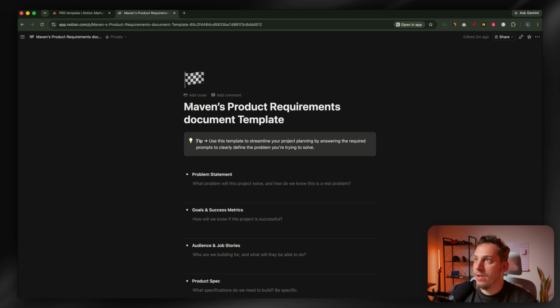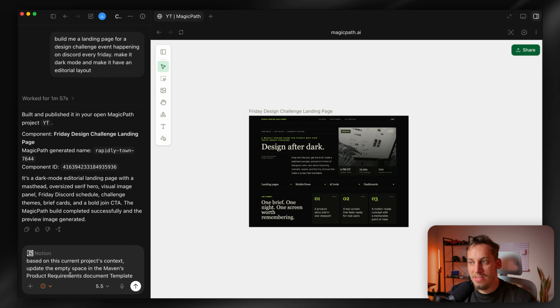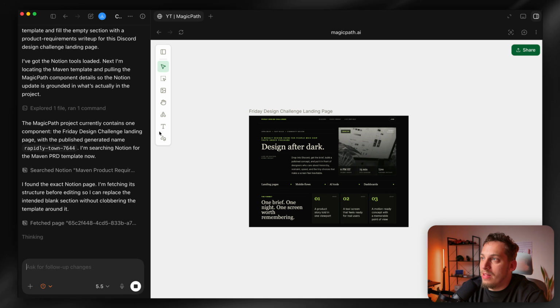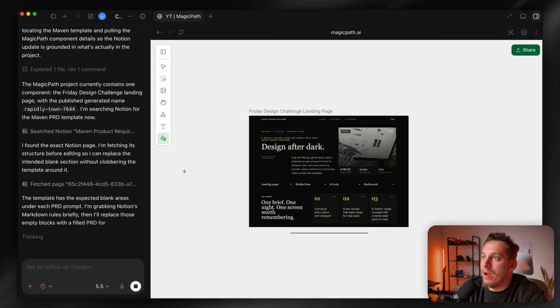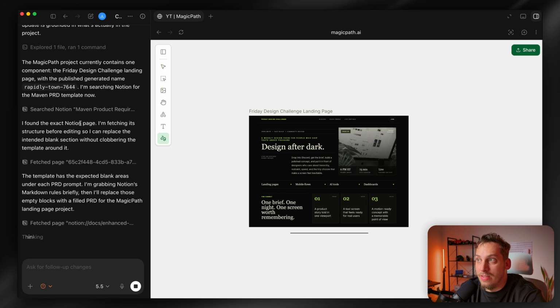I can then go back here, and this is the title of this page, and I can copy this and say something like, based on this current project's context, update the empty space in the Maven's product requirement document template. We can go ahead and submit this. And so now it's taking this component as a reference, and it says that it's found the exact Notion page